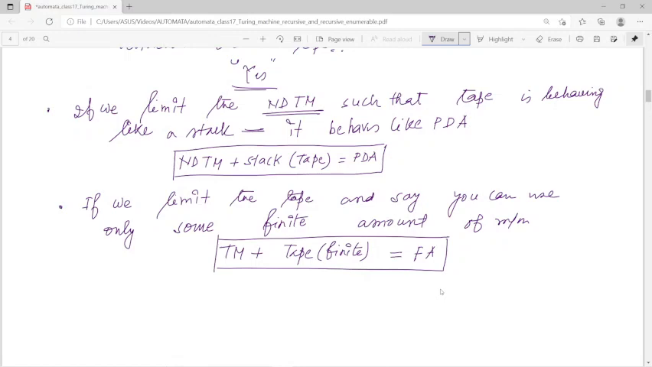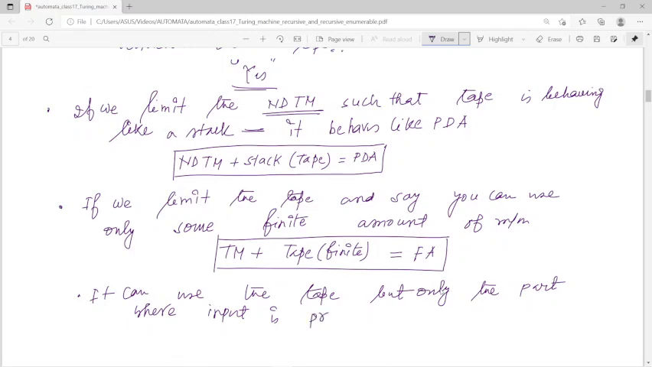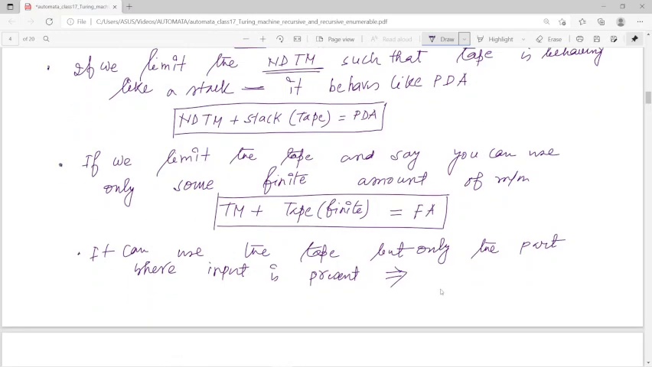So if you can use the tape but only the part where input is present, that means what I am saying, it can use the tape, আমি টেপটাকে ইউজ করছি, right, but only the part where input is present। তার মানে আমি কিন্তু ব্ল্যাঙ্ক যে স্পেস সেটা কিন্তু যাব না, ইনপুট যতটা বড় ততটুকু পর্যন্ত আমি ইউজ করতে পারবো। মানে ইনপুটের বাইরে যেমন আমরা ব্ল্যাঙ্ক স্পেস ইউজ করছিলাম টিউরিং মেশিনের জন্য, সেই